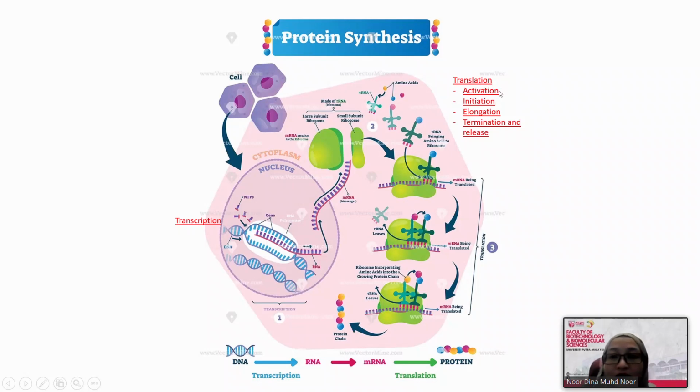So here we have what we have discussed before. We have four main steps in the process of protein synthesis: activation, initiation, elongation, and termination and release. And we have another one, which is the last step. It's actually not included in protein synthesis. The last step, which is the modification and so on,